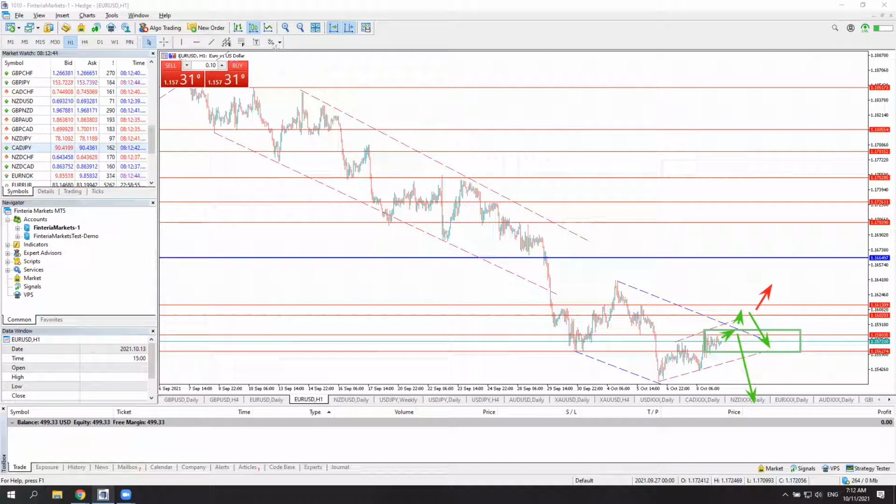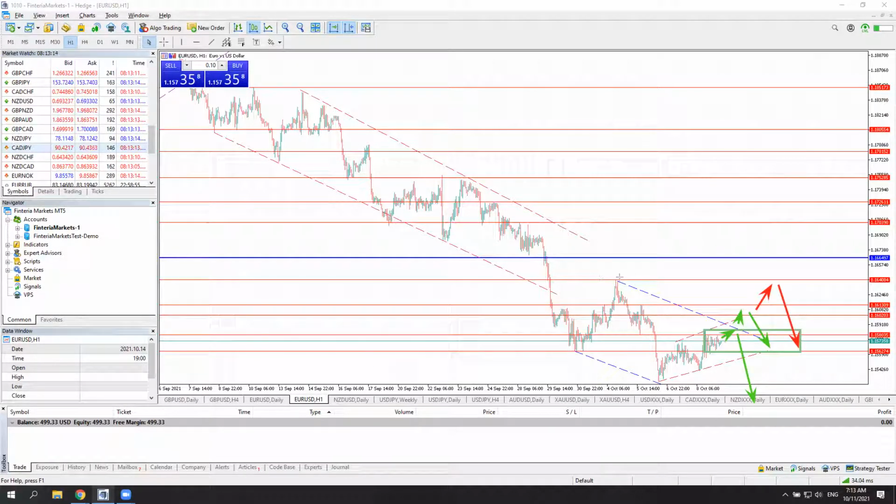There's one more level that I will mention. It's this high, 116.40. So potentially from 116.30, slightly below this level. Once again, it's not guaranteed that we will exactly reach this level, so you should consider opening shorts just below this level before it is reached. So from those levels, I would also consider opening short positions.